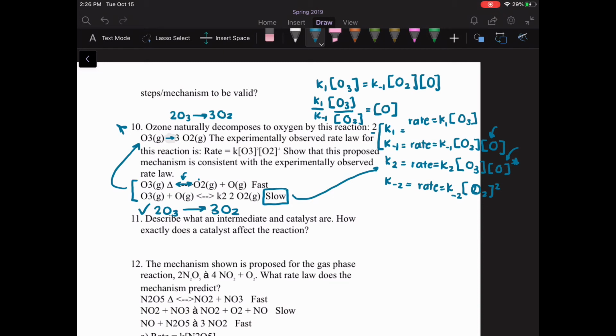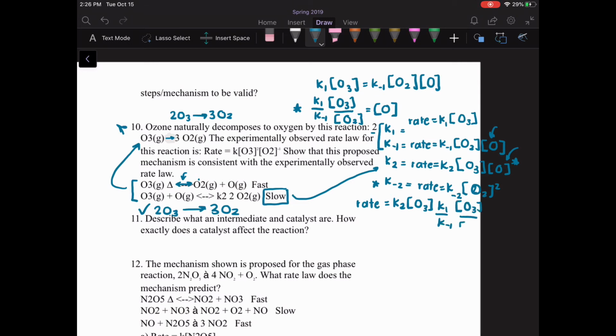So what I can do now is plug in to that K2, right? It turns out that you didn't need this K-2 right here because it's not really helpful. What I can do is sub in to that K2, which is my rate determining step. And so what I'll do is I'll put rate equals K2 O3, and then whatever I had from right up here. So I'm going to put K1, K negative 1,